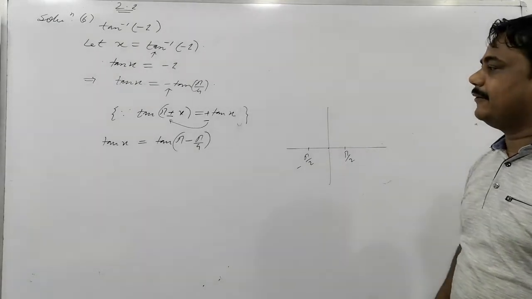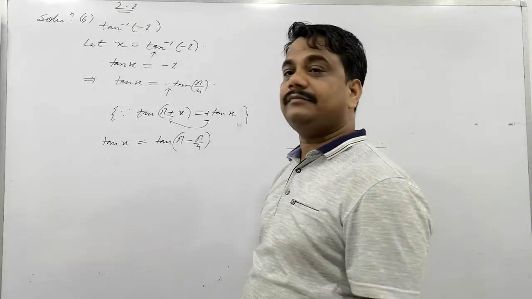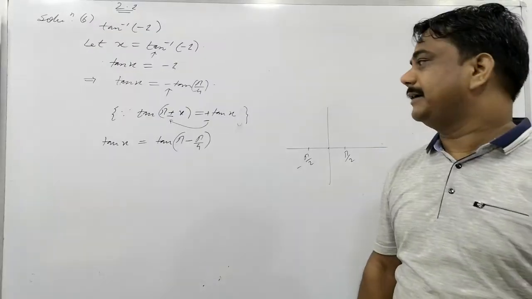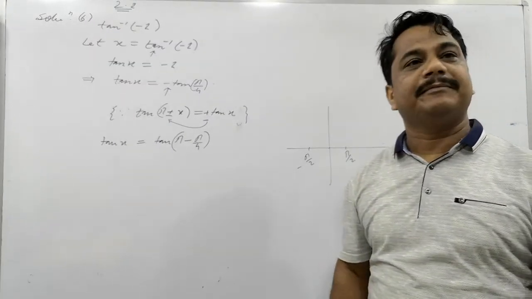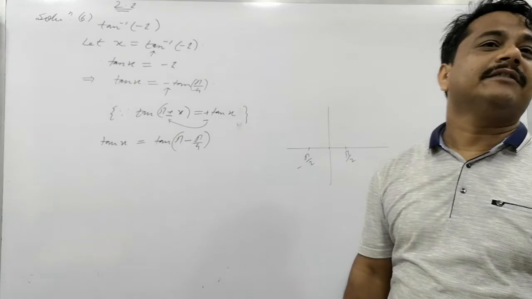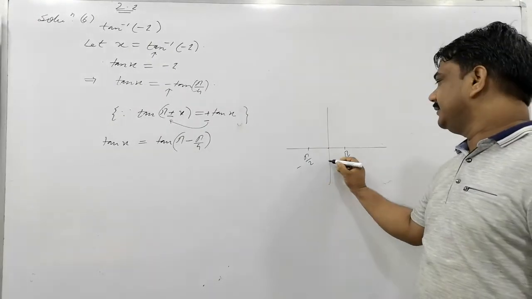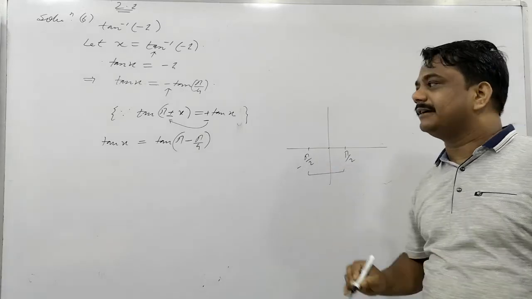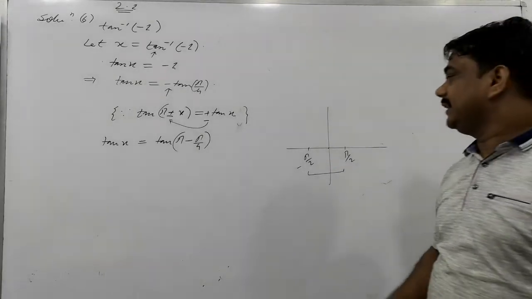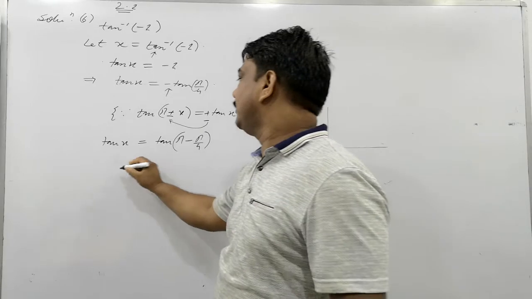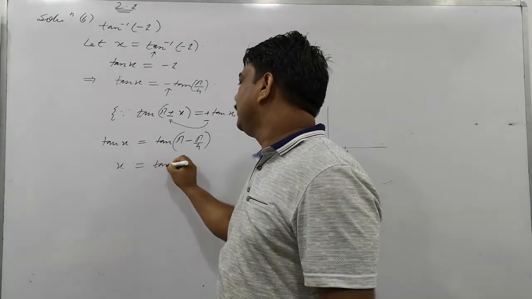Clear, guys? So if I take pi minus pi by 4, what shall it be? 3 pi by 4. And the angle 3 pi by 4 is obviously less than 180. Tell me please, this is 0 also here. What is the gap between them? What will the angle be? If you solve this further, x is equal to tan of what?